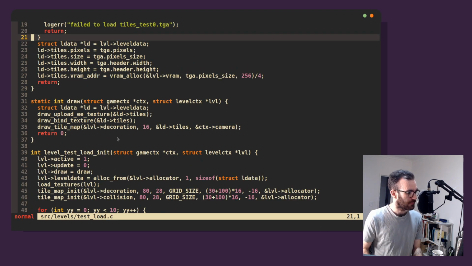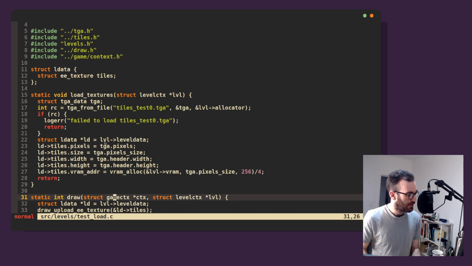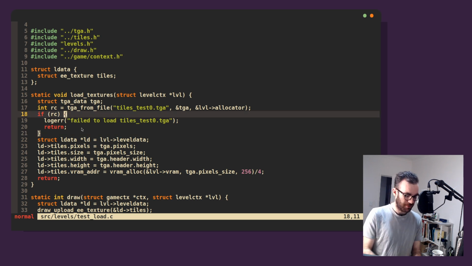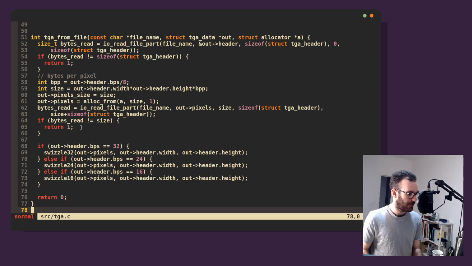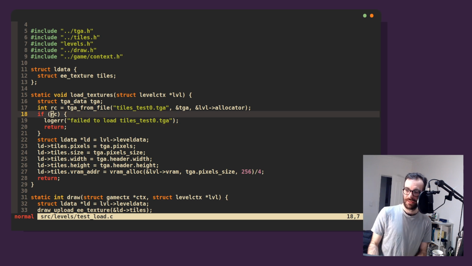Load. So when we init, we allocate this, that's good, load textures, and we check the return value of our TGA loader, so that's good. And it's different to some of the other